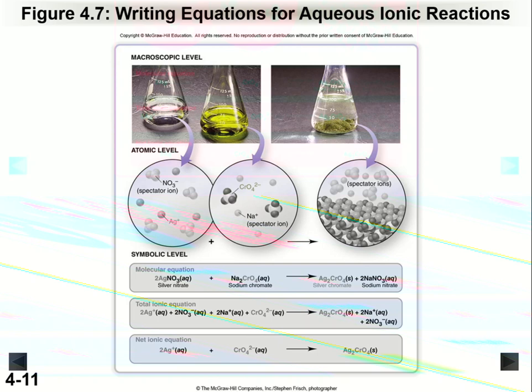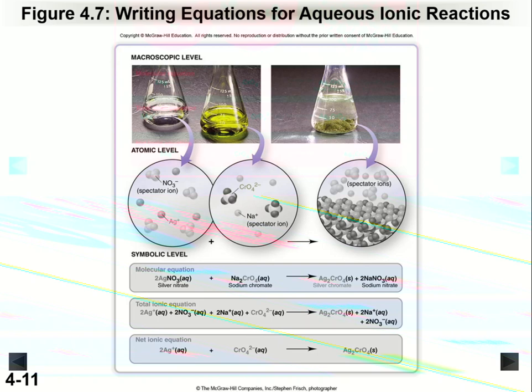Then the yellow solution is a sodium chromate solution, Na2CrO4. If we mix these 2 solutions together, the one on the right is the resultant. You see the big pile of red sitting at the bottom. These 2 have reacted by the silver ions and the chromate ions coming together and crashing out of solution. Now, notice this. The silver interacts with the chromate ion to form an ionic compound that is silver chromate, which